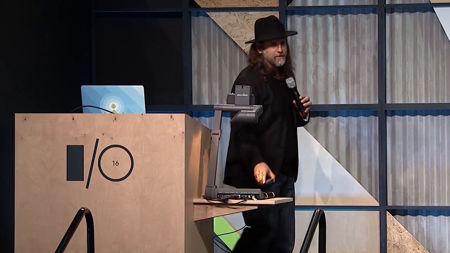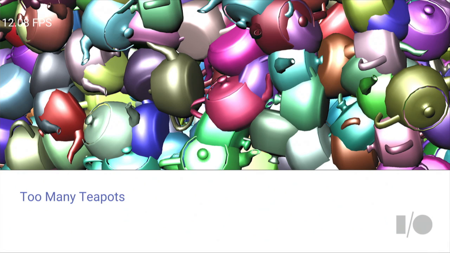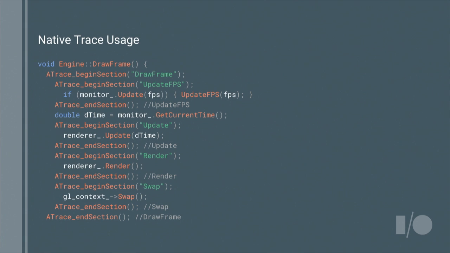So we can switch back to the slides. I'll talk a little bit about that and what we can do. First of all, we want to know what's going on with performance. So one of the cool things we've done is we've created a native trace API, and this has been in the platform ever since M. We've had begin and end section for several versions,